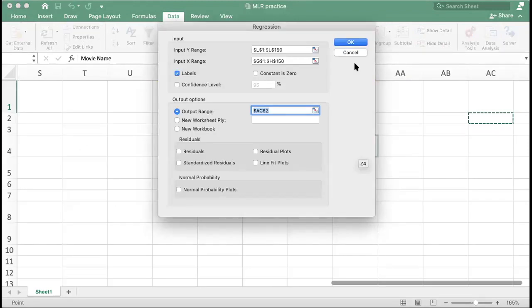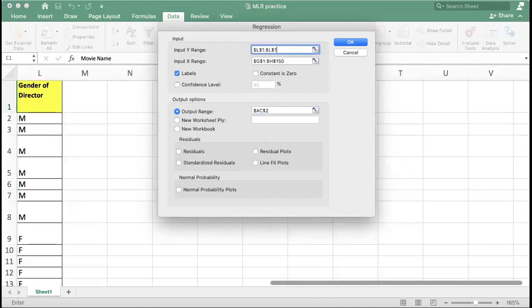It will ask you options. What is your input range? What is your output range? Okay, so let's see the input Y range. Always remember that the input Y range is basically the dependent variable. So we have to find out what is the input Y range, which is our